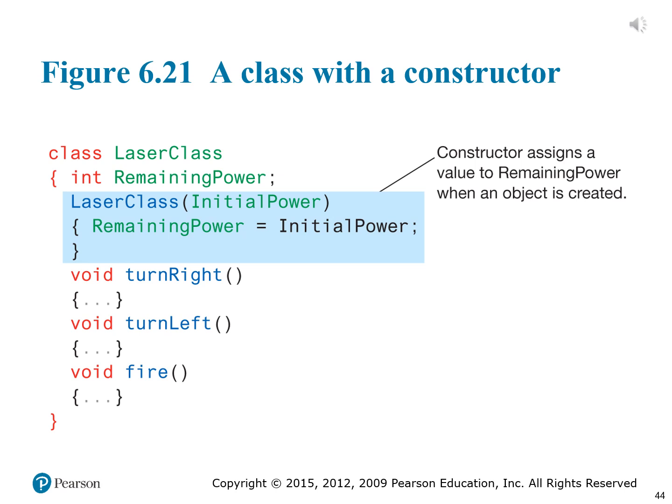Constructors are executed automatically when an object is constructed from the class. A constructor is identified within a class definition by the fact that it is a method with the same name as the class. This figure presents an extension of the laser class definition previously shown. Note that it contains a constructor in the form of a method named laser class. This method assigns the instance variable remaining power the value it receives as its parameter. Thus, when an object is constructed from this class, this method will be executed, causing remaining power to be initialized